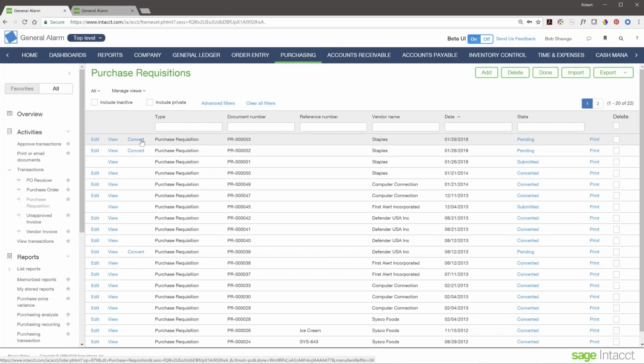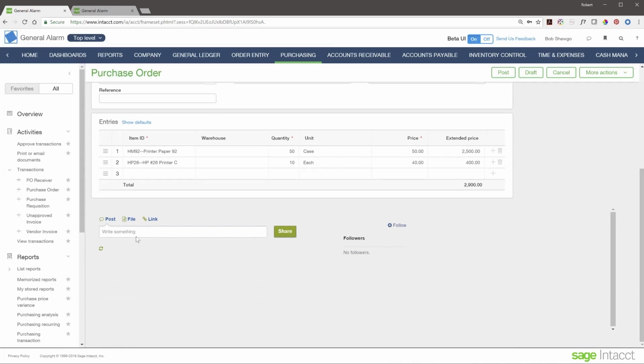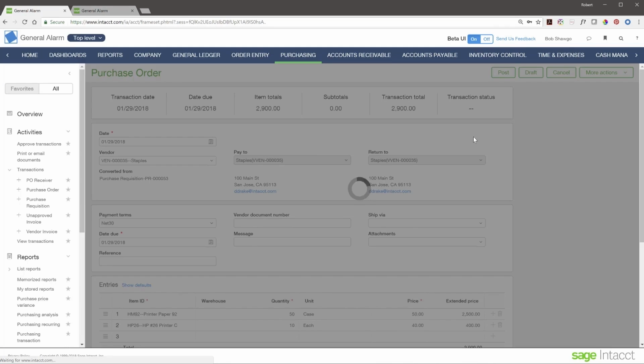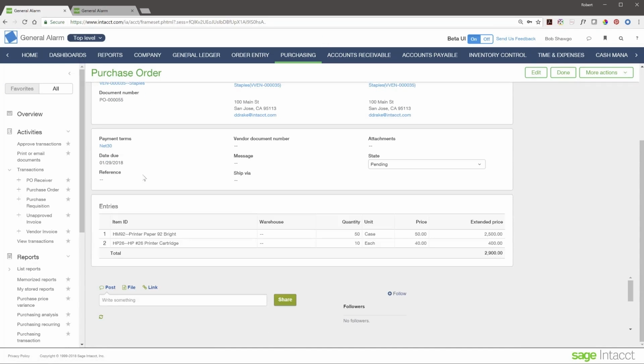And let's say I want to convert this to a PO. So I'm going to go ahead and convert this to a purchase order. And I can actually have a conversation about this as well. So I can go ahead and post this. And any document that I want to view, I can view this purchase order and I can say,